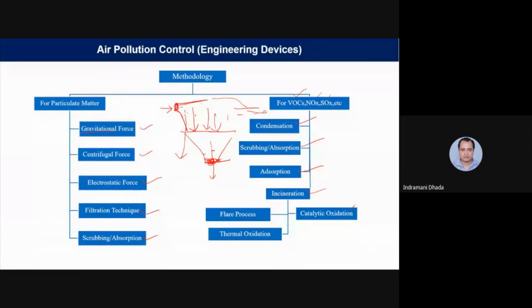Electrostatic precipitator means there is a device through which we have to pass the air, and the device has two electrodes, two poles. One is positively charged and another is negatively charged. If you are passing your air in between these and giving high voltage, then what happens,